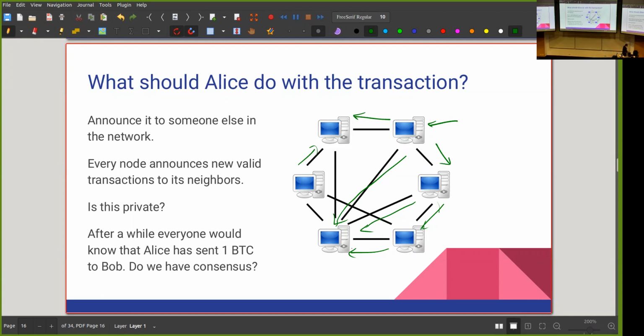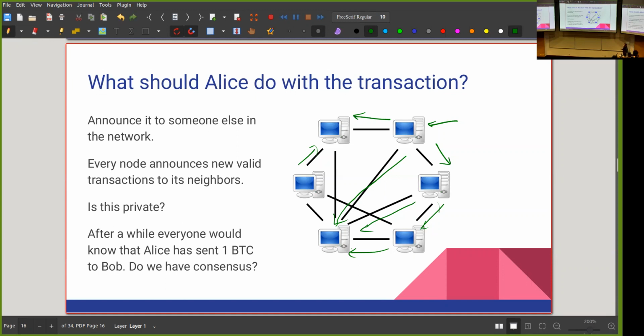So several questions exist here. So the first question is: is this process private? So can anyone find out about the real world identity of Alice and Bob from this transaction? Well, it is private because we're only using the keys of Alice and Bob, the public keys of Alice and Bob here. And generally, no one has a way of connecting those to real world identities, at least until this point. So we have privacy.